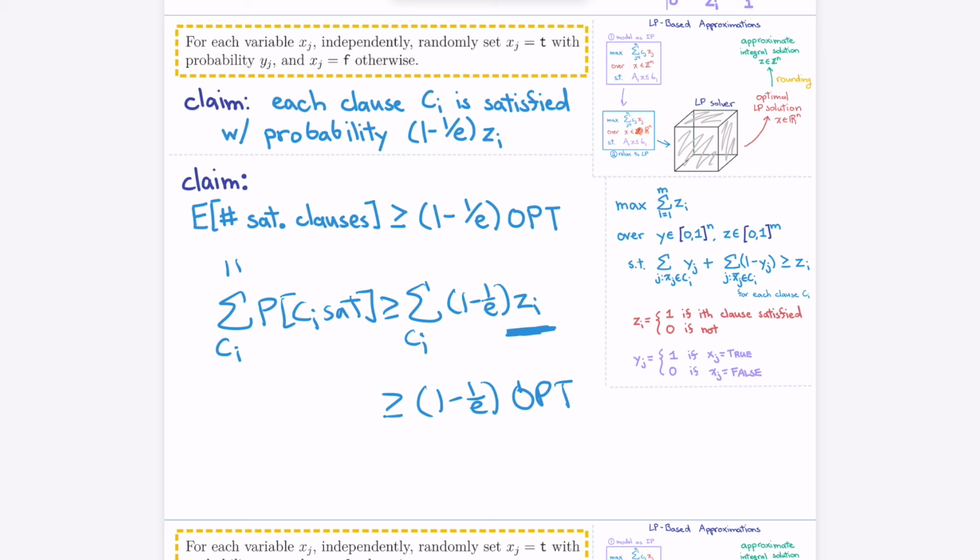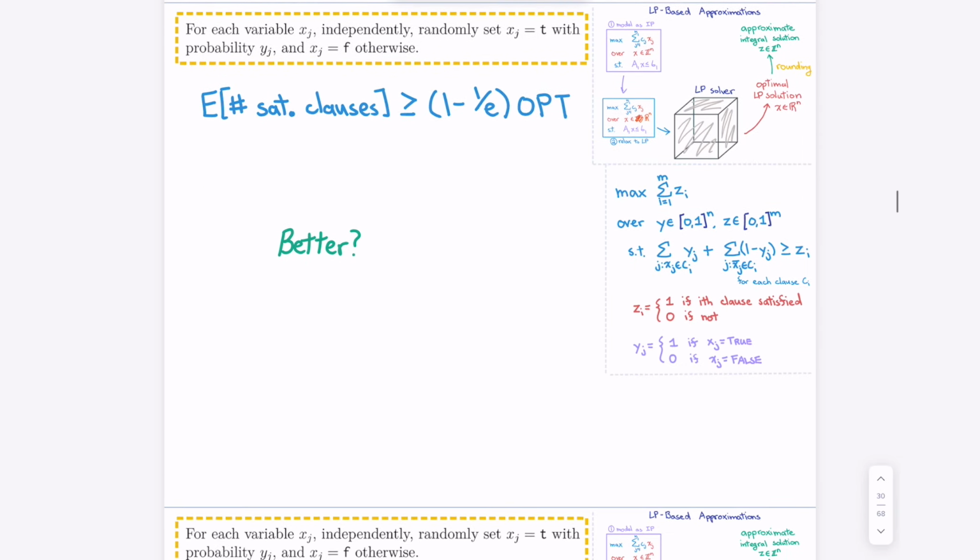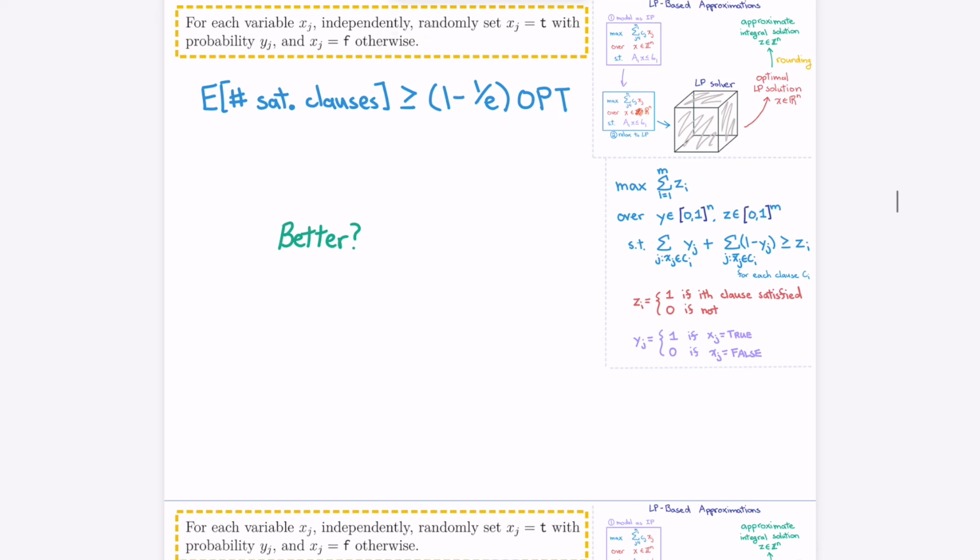So yeah, as is often the case, the algorithm is very simple, and then there's probably a little more analysis than you're used to, but you'll get used to it. Okay, good. All right, good. So we can get 1 minus 1 over e for max SAT. Okay, and now the next question is can we get better? Okay, so to this end,